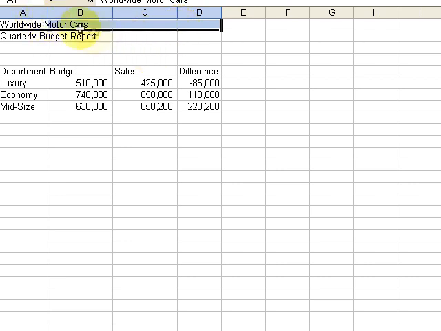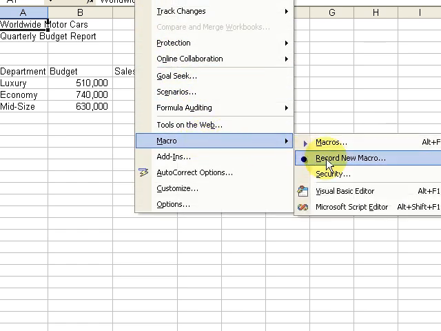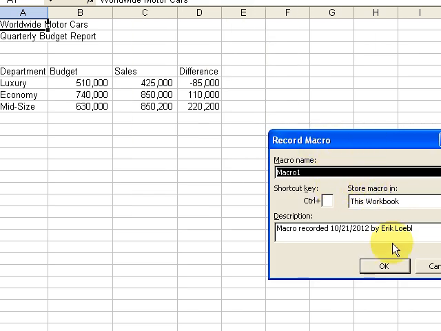So here we're going to use the macro recorder to apply some formatting to this worksheet. We're going to merge and center these cells right here. So I'm going to start at this point and bring down my menu for recording a new macro. I'm just going to call it macro 1, and I'm going to call it format. I think I have the caps lock key down. Format